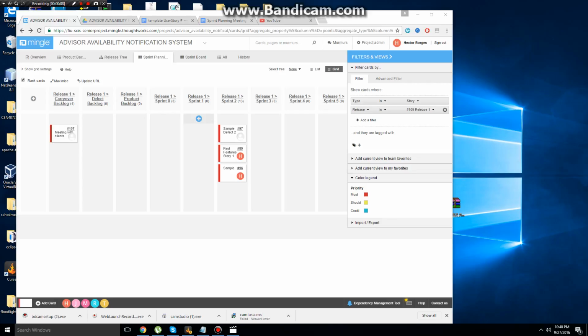Here we see the Mingo webpage, and here you see Sprint 1 and Sprint 2. We had to move our first story from Sprint 1 to Sprint 2 because we were not able to complete it in Sprint 1, due to the fact that we started way later than we were supposed to, about halfway through the 2 weeks, because that's when we were finally able to meet with the people